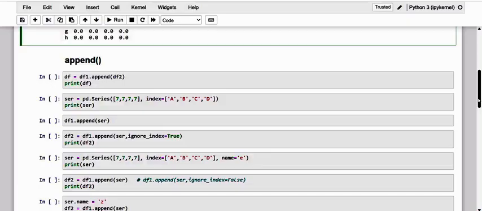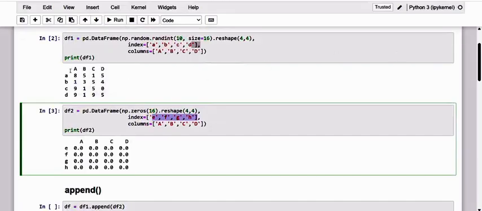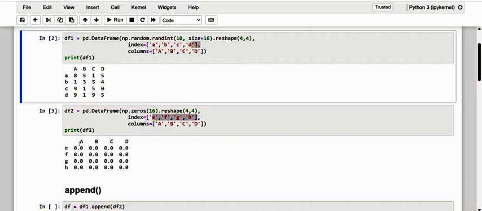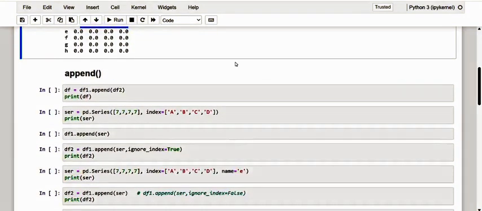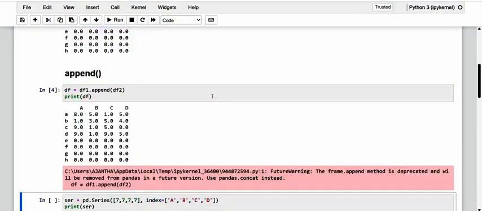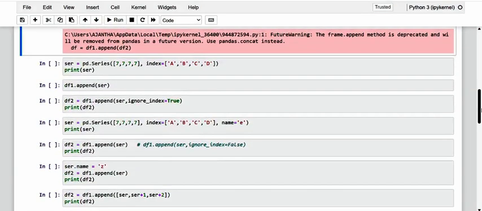But here, kindly have a note of it. This is what we have as the columns A, B, C, D, that is the exact columns. And here also the exact columns are there. Once we append, kindly observe, how do we get it? Yeah, here we go. Without any missing values, without any NaN, that is not a number, appearing in the data set, as both have the same columns. Okay, let us make one more thing. It is also possible to add a single series to a data frame.